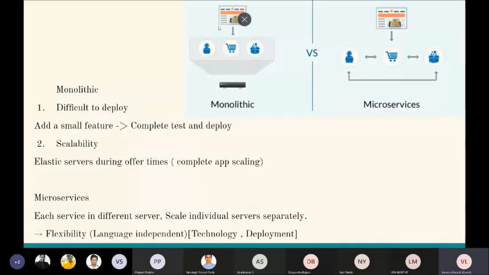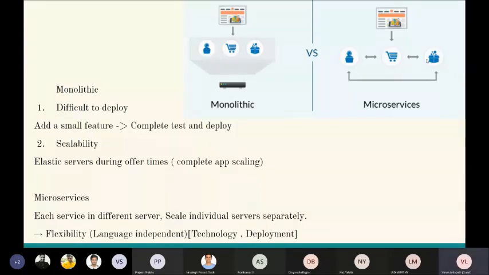So this is the example we have just talked about. We just have some website in which we have some modules related to users, shopping, and returns. This is monolithic architecture. Coming to microservices, those three are completely different, and they will be talking to each other using some APIs like REST API or GraphQL or these kind of APIs. API is nothing but application programming interface. We'll come to it in a moment. So how is the flexibility achieved?